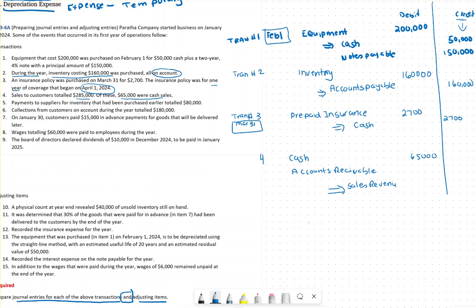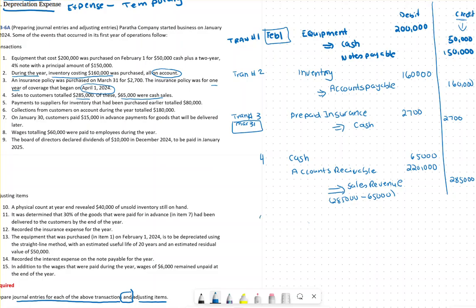If it's indented, it will be sitting as a credit, 285, and the rest is my accounts receivable. So I will take my 285, minus 65,000, and the leftover will be my accounts receivable,